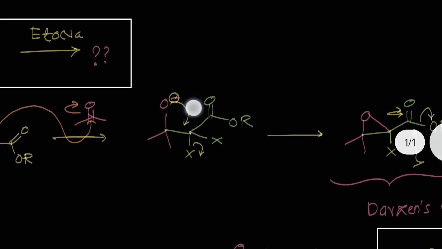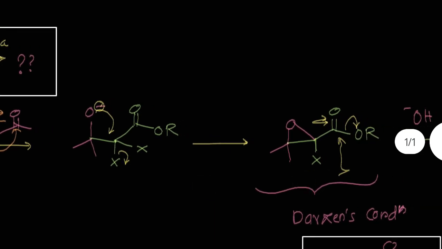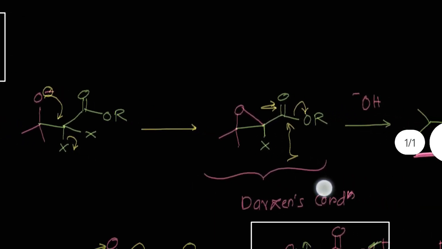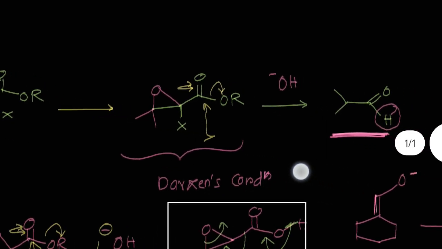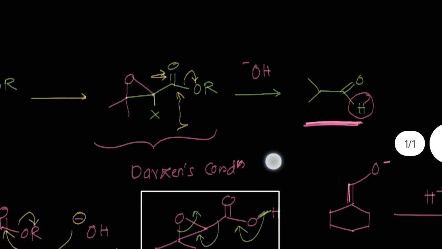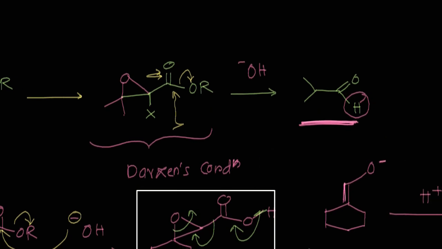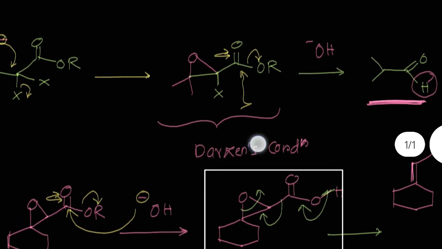That O negative charge reacts with the carbon where halogens are present. So one of the halogens is removed, and that converts into the alpha beta epoxy ester with the other halogen remaining. Now when you hydrolyze that, or when you treat this compound with the base, that is OH negative ion, it converts into the product. So up to that, this is simply called the Darzens condensation reaction.